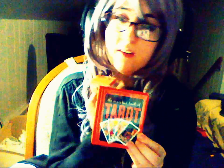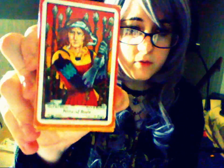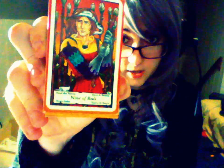It was one of those gift things that come in the bookstores. These little gift packages. I don't know if they still have them, but it's the Mary Hanson Roberts deck, and on the front it says "To All Believers," and on the back it has an example of what the cards look like. This is the Nine of Rods,